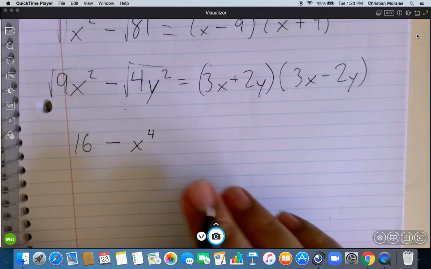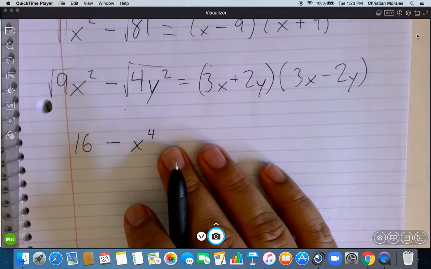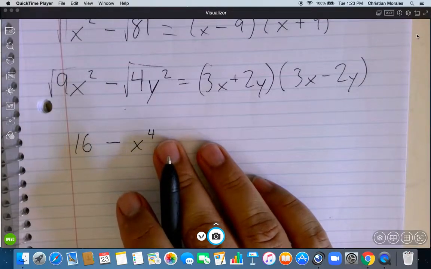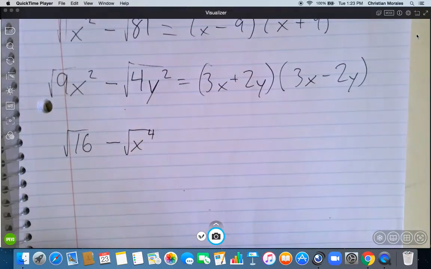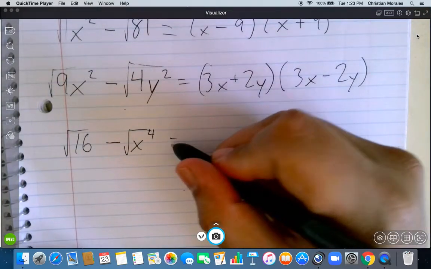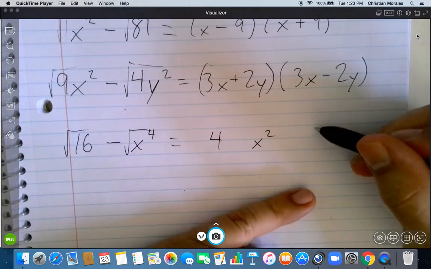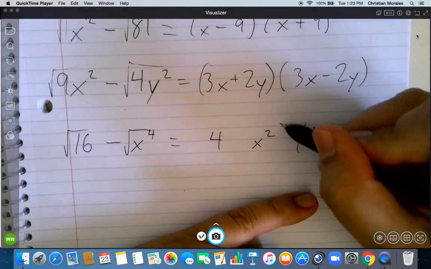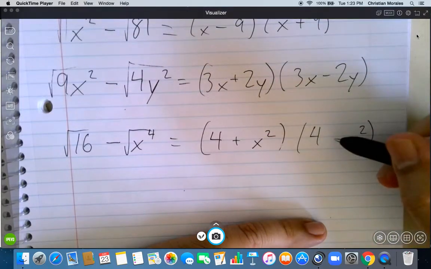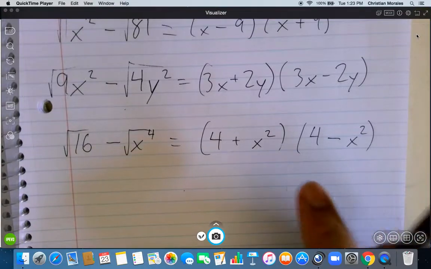If you see a power of 4, when you take the square root, it's not going to take the square root of 4. What it does is it splits it in half. So if you take the square root of this and the square root of this, what will happen is you will get 4x squared, 4x squared. 1 plus, 1 minus. Now it looks like it's done, but it's not, because one of these can be factored